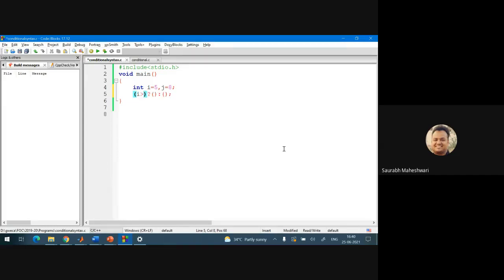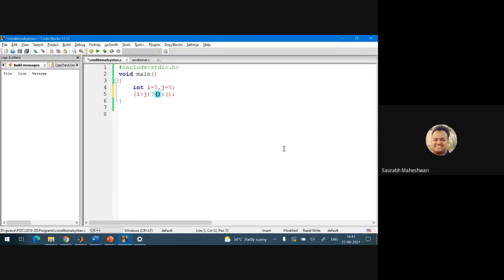The condition is i is greater than j. This is going to give you two results, true or false. Depending upon the values of i and j, this operation would be true or false.